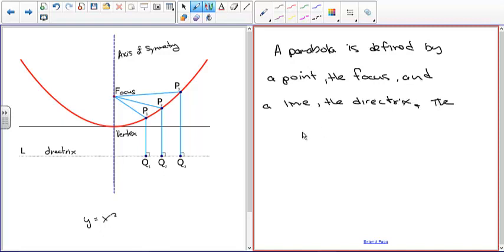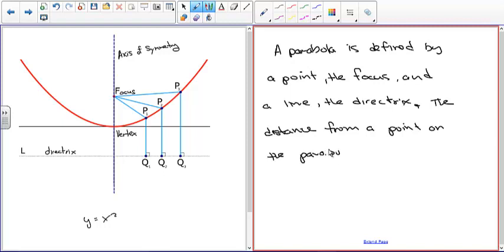The distance from a point on the parabola